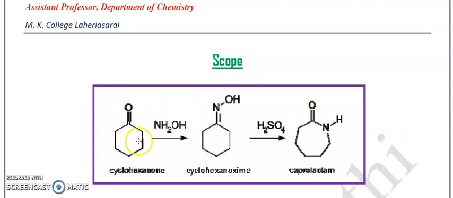You just start from cyclohexanone, as I showed earlier. Cyclohexanone will very readily react with hydroxylamine. You see, here is the ketone group, this will react with hydroxylamine and it will generate an oxime functionality on the cyclohexane ring, and this again will react under Beckmann rearrangement conditions, or in the presence of acid it will rearrange and the ring size will expand to form the lactam ring. This ring is known as the lactam ring and this compound is known as caprolactam. So synthesis of caprolactam is a very important application of Beckmann rearrangement.